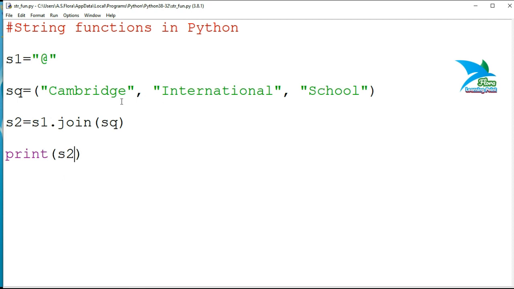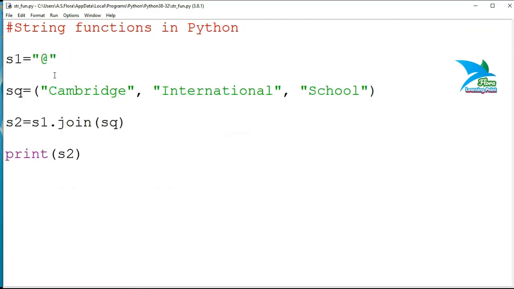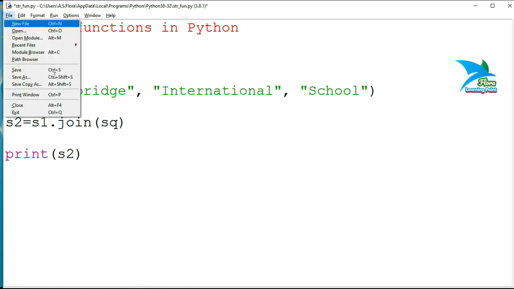Now this function will combine all these elements, and the separator between all these elements will be this symbol. So just run this. Now you can see Cambridge at the rate International at the rate School, and you can use any separator.